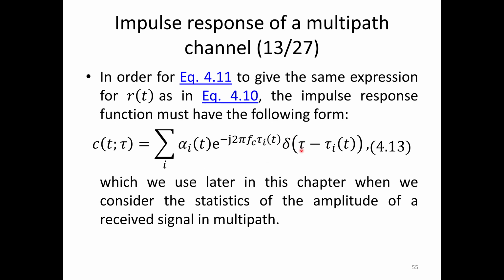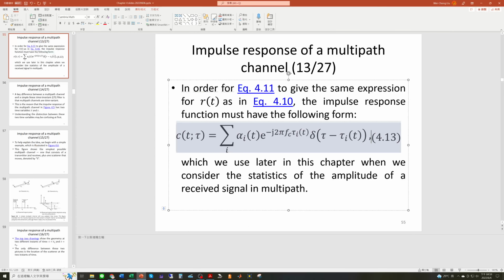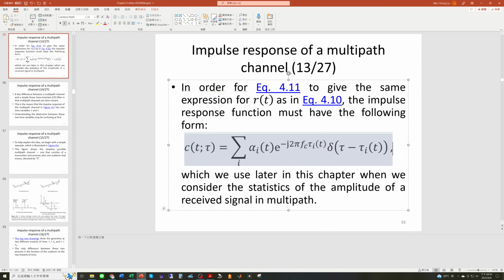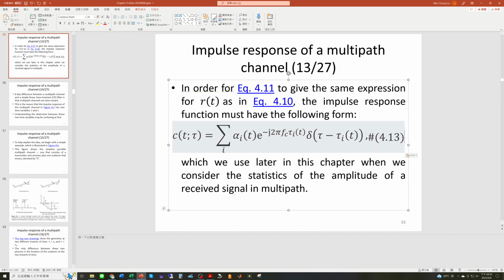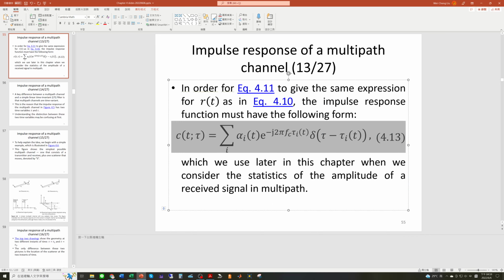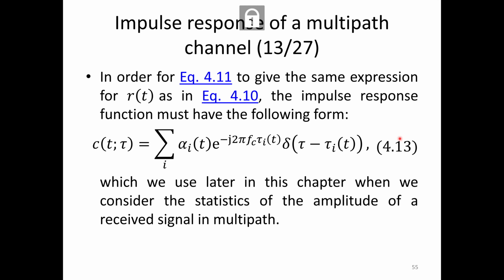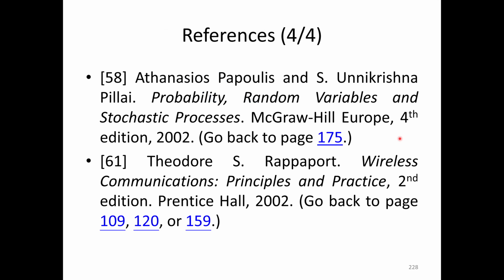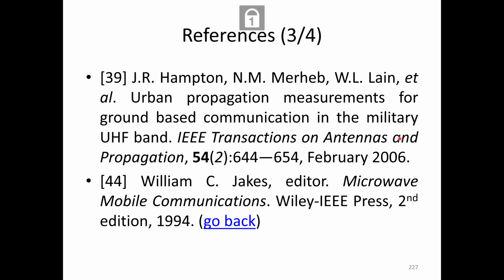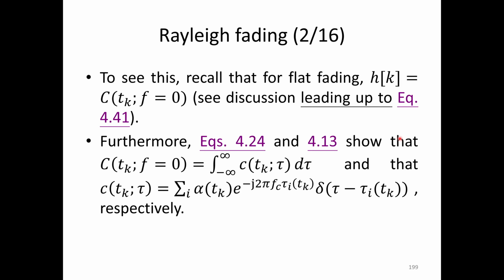And times delta of tau minus tau i of t. The equation number is in the wrong place. Let me correct it. So let us go back to page 199. Here, show that capital C of tk, f equal to 0 is equal to the integral